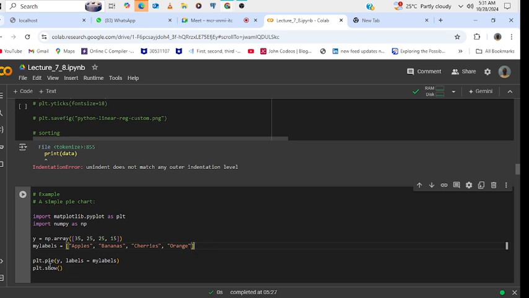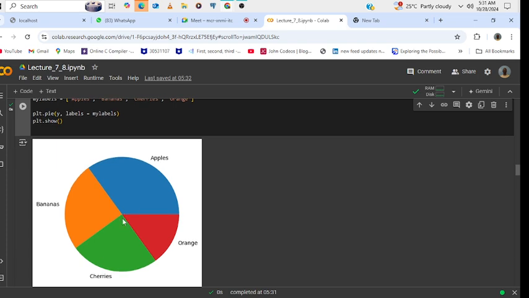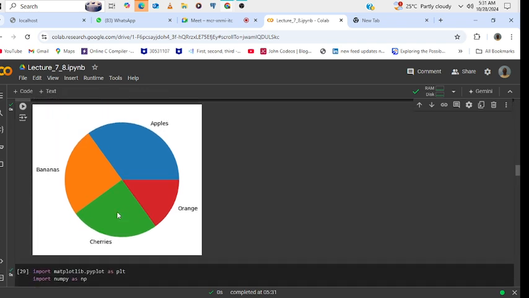Then we just have plt.pie, we pass in the data and the labels. You notice that I'm equating labels to my labels, and then plt.show. If I run this, you notice that I have my beautiful pie chart here